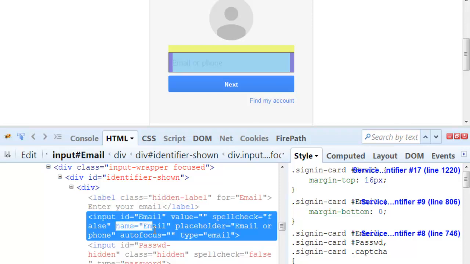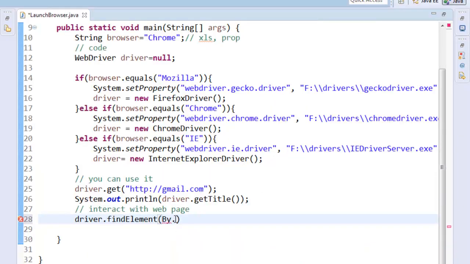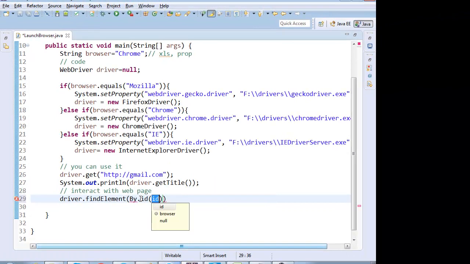Also, the name. We are lucky in this case. I deliberately took this example. Here we have this input tag which has got ID as well as name. These two properties are supposed to be unique. So in this case, we have the ID of this username field. We can write over here By the ID, and you can give the ID as email.